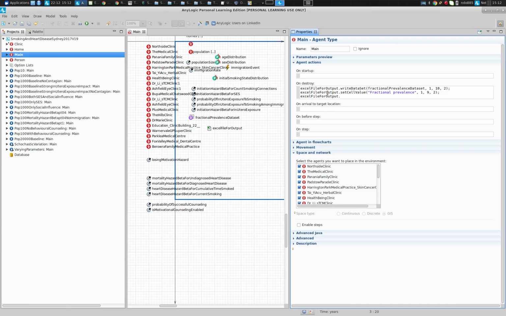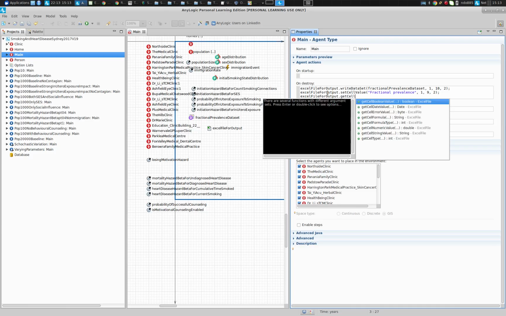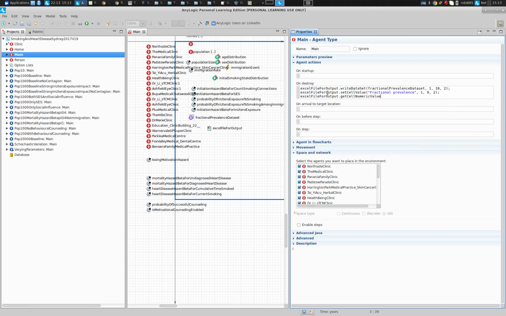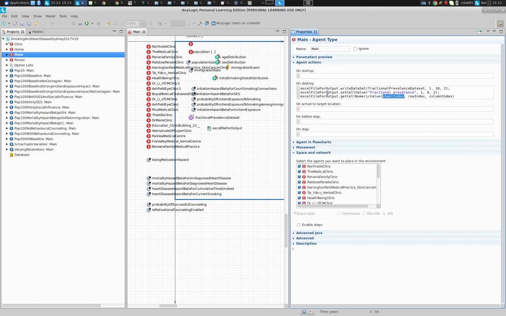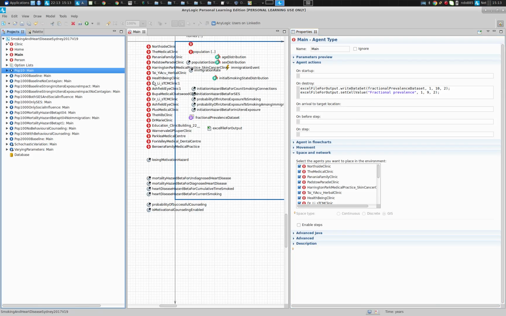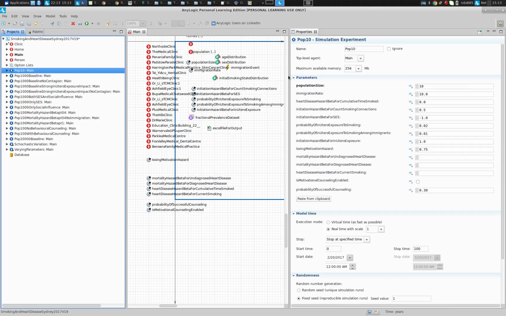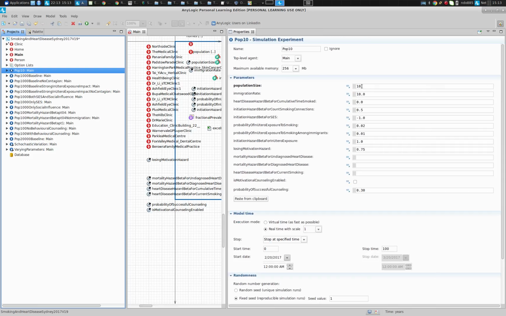and we say get cell numeric value, we can actually read values from cells in a spreadsheet, okay? We could say what's the sheet number, the row number, and the column number from which we wish to read the value. And we might do that, for example, ladies and gentlemen, we might read in that value for some of these simulation experiments. So rather than specifying this value here, we might actually put in the experiment, in this experiment here, we might put in an Excel file object